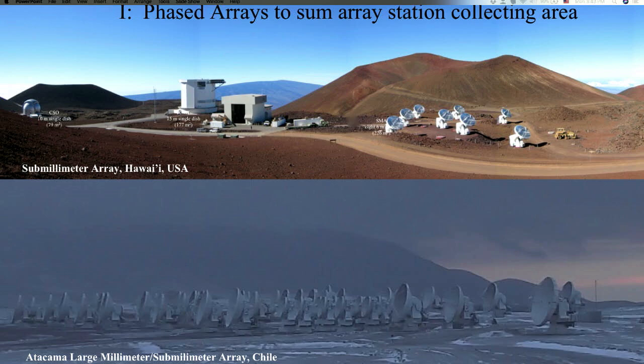Those are single-dish telescopes. But the SMA is an array, a local array on Mauna Kea, and in order to get the maximum sensitivity out of it, we had to form a sum with a phased array of all the dishes in the Submillimeter Array so that it just looked like one dish that we could consider to be a single EHT station. So I worked on that project,